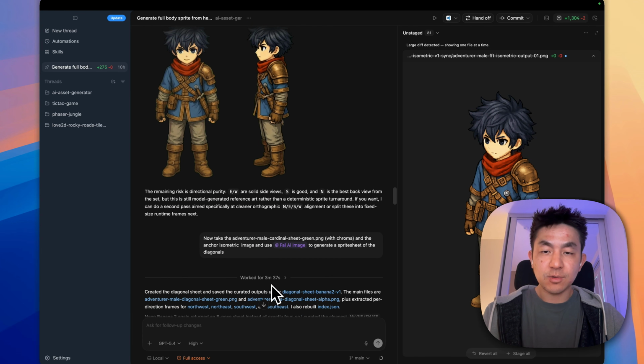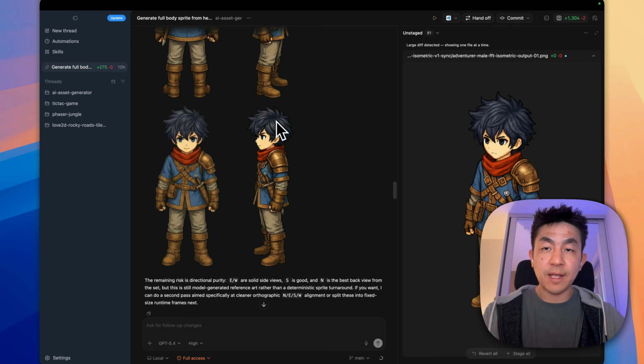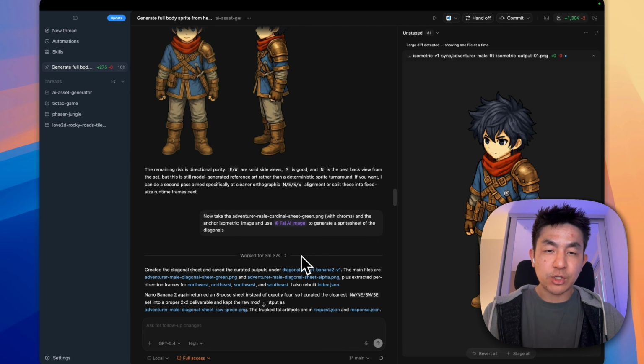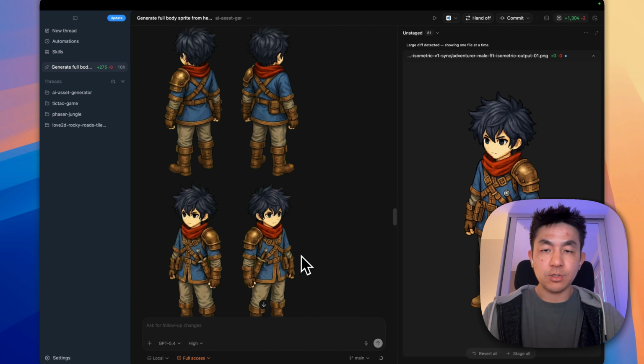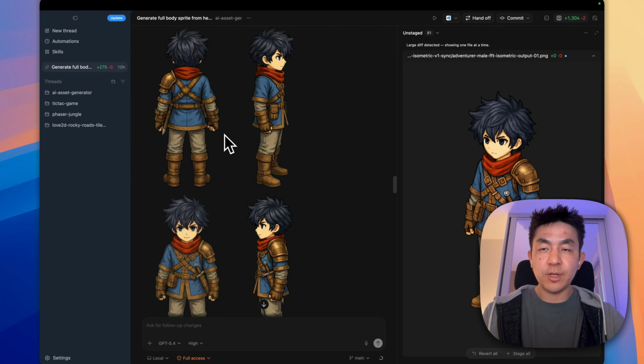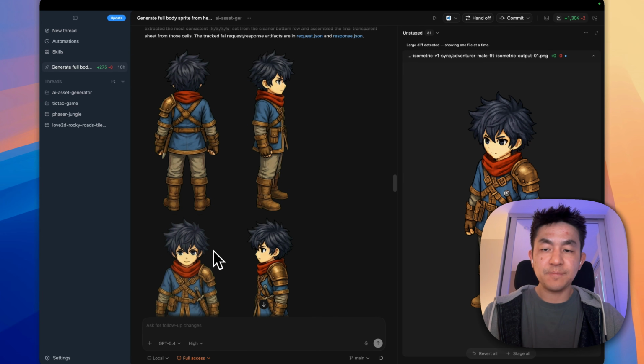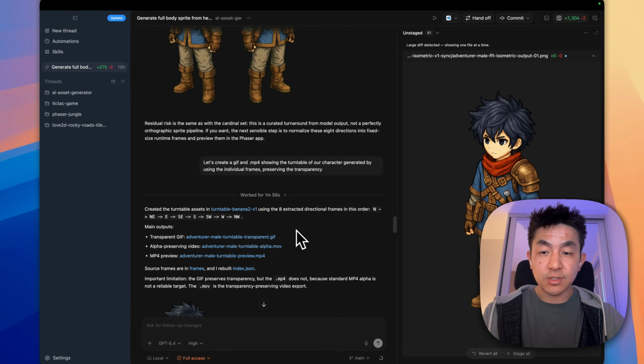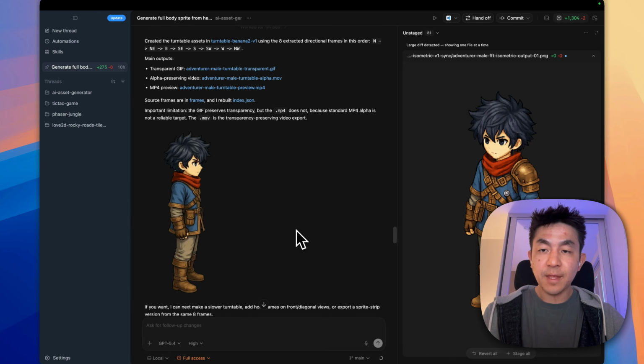And this is perfect. So then after that, I said, take this sheet and together with the isometric anchor, use the image generator to create a sprite sheet of the diagonals. And this is what you get. So there you can see, right? You already have everything you need. You have the north, east, south, west, and then you have the northeast, northwest, southeast, southwest version. And all you need to do now is just to stitch them all together,